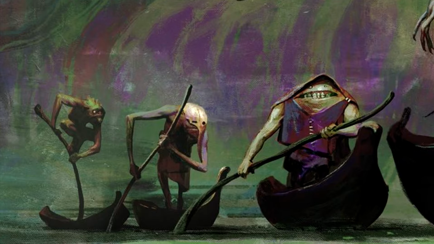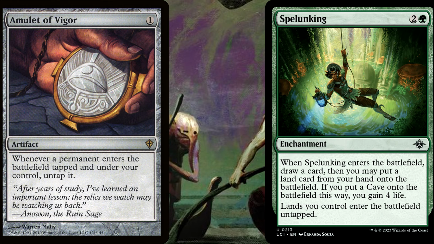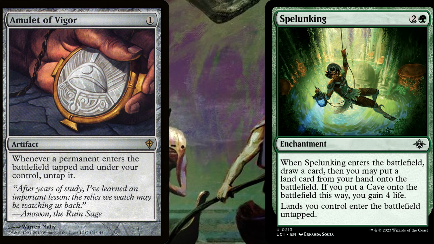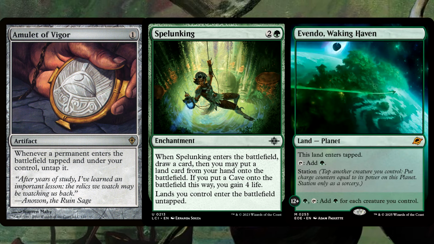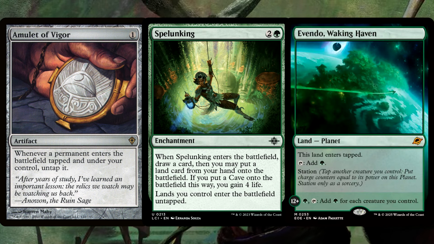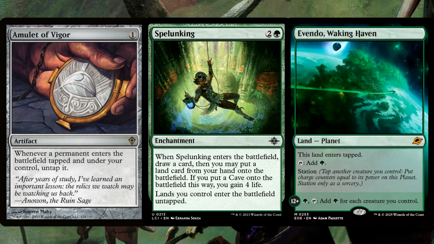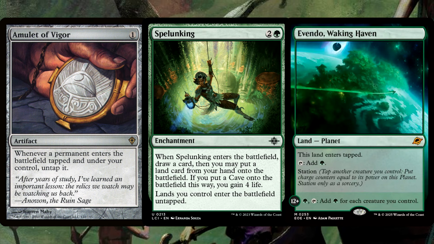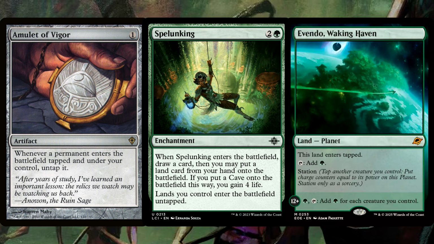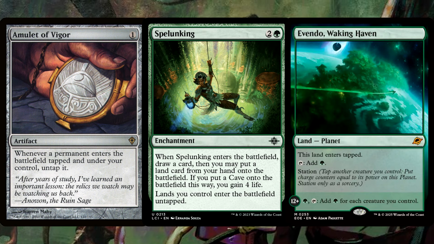So something like the difference between Amulet of Vigor and Spelunking. Spelunking contains a replacement effect, as does the text for entering tapped on a card like Evendo, Waking Haven from the new set. So you will have it enter tapped, and then you can replace that with it entering untapped due to the Spelunking. But having multiple Spelunkings is practically redundant and doesn't actually help you out anymore. Whereas with the Amulet, if you have two of them, or even more, and the Evendo is played,